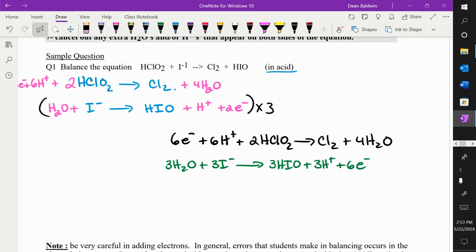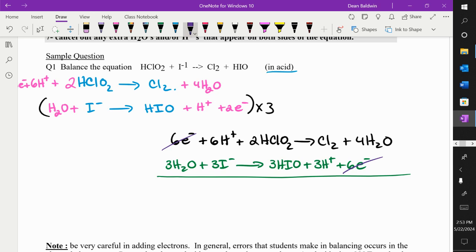Now you just add them together. The electrons will always cancel, or they should. So the electrons will disappear. Anything that is on opposite sides of the equation will disappear. So you can either just add them all and do it at the end, or as you're doing it, you